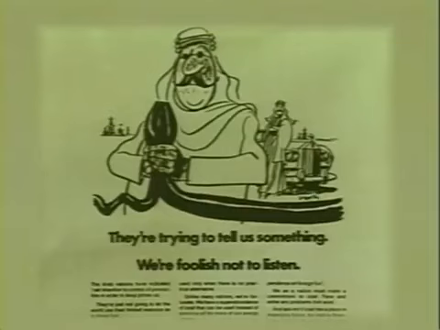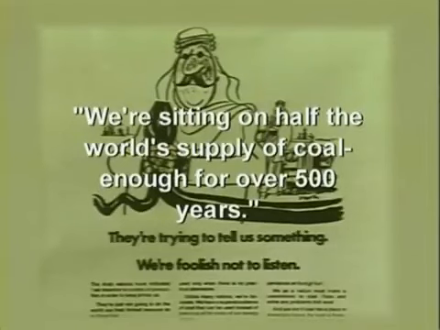I've read several things this guy's written. I don't think he has any understanding of this very simple arithmetic. Well, in the crisis back in the 70s, ads such as this appeared. This is from the American Electric Power Company. It was a bit reassuring, sort of saying, now don't worry too much, because we're sitting on half of the world's known supply of coal, enough for over 500 years. Now, where did that 500-year figure come from?